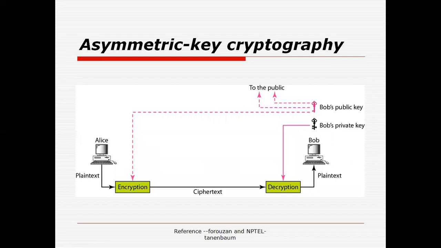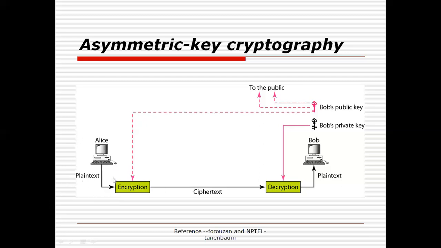So in asymmetric key cryptography, here we have more than one key. Now suppose Alice and Bob are the communicating parties and Alice wants to send data to Bob. The important thing here is Bob has 2 keys. One is called Bob's public key and another one is called Bob's private key. So Bob will send his public key to Alice. It means whenever the sender, that is Alice, wants to send data to Bob securely, then for encryption purposes, Alice will use Bob's public key.